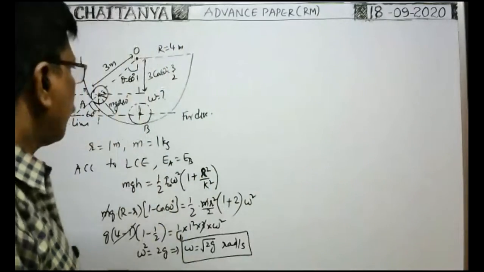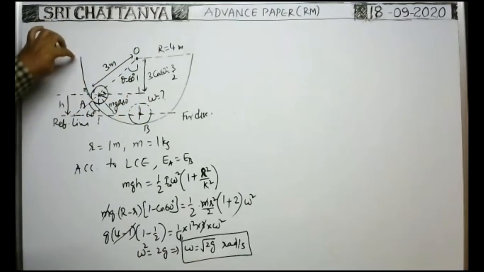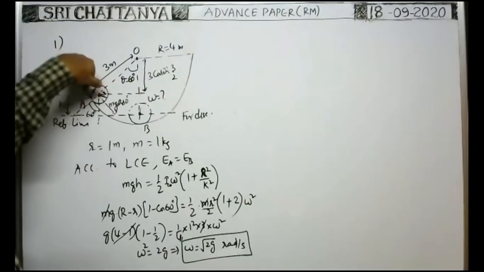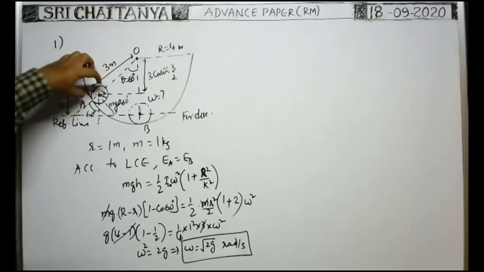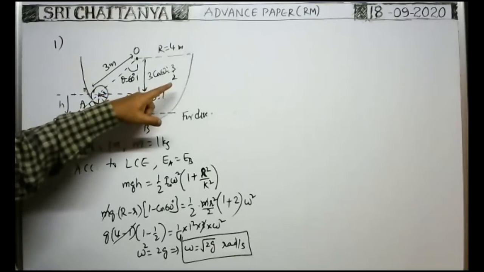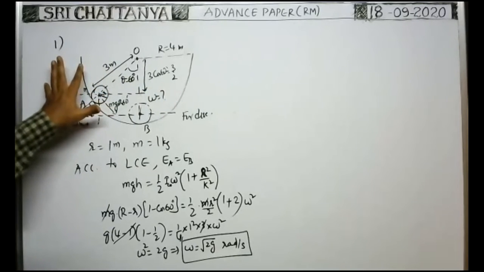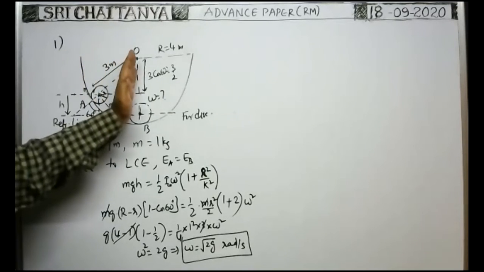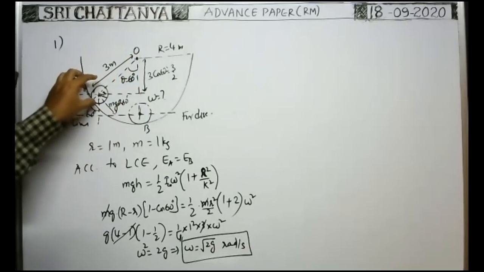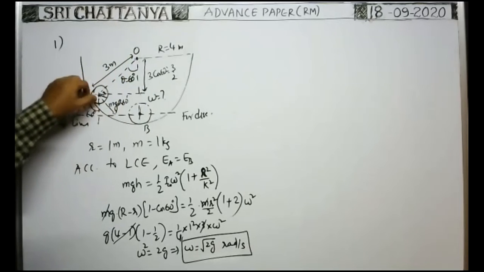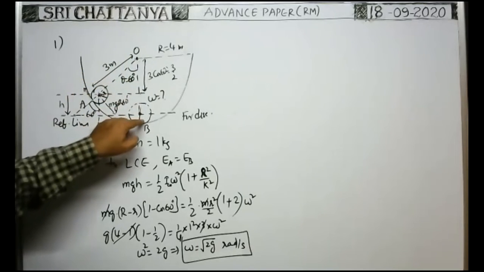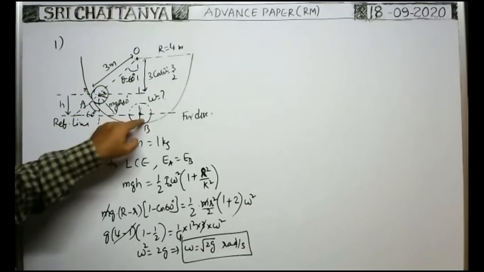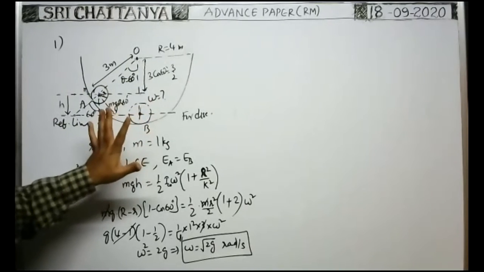Okay, right now here you see, this is a semicircular path. One disk is rolling without slipping on the semicircular path. That means friction is sufficient. Whenever the disk is released from the position where it makes an angle 60 degree with vertical, it rolls without slipping, and whenever it reaches the bottom of the semicircular path, at that time what is the angular velocity they asked.